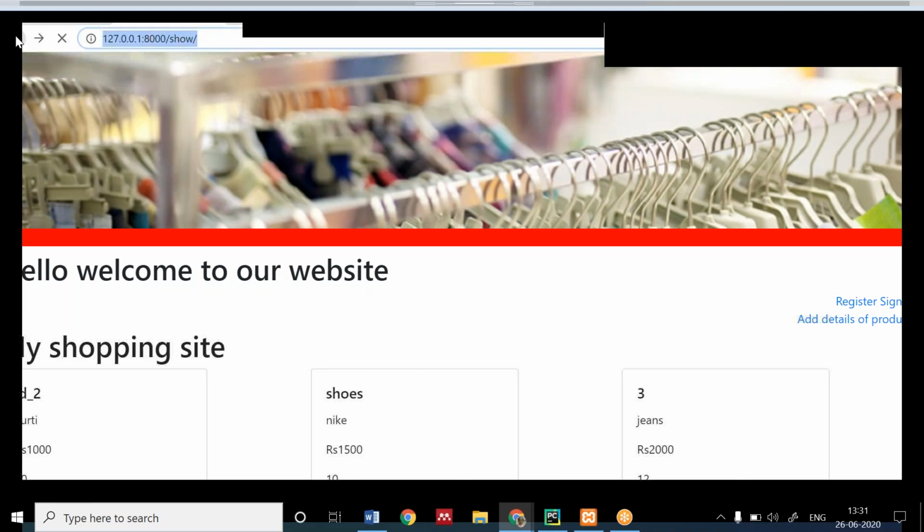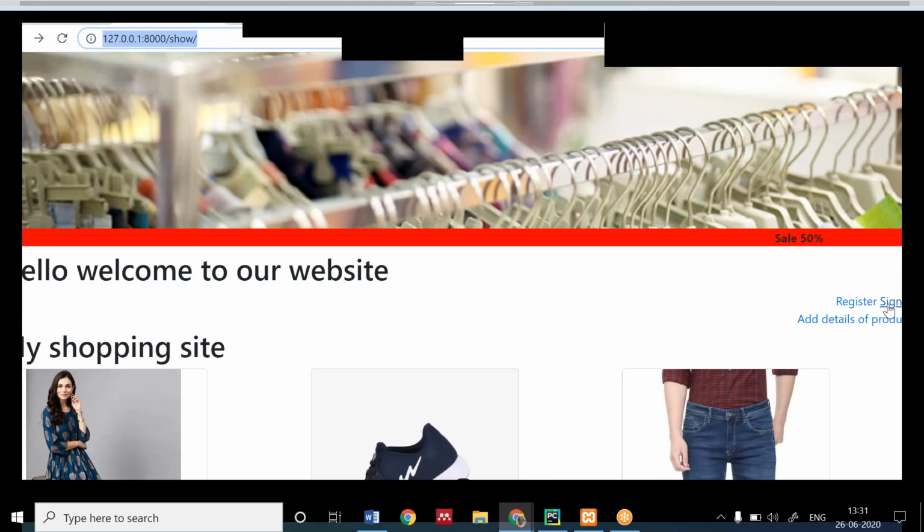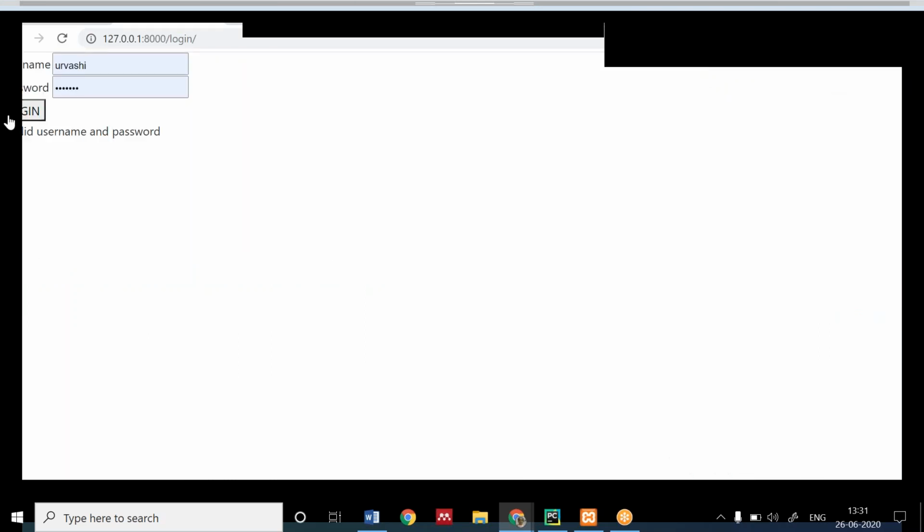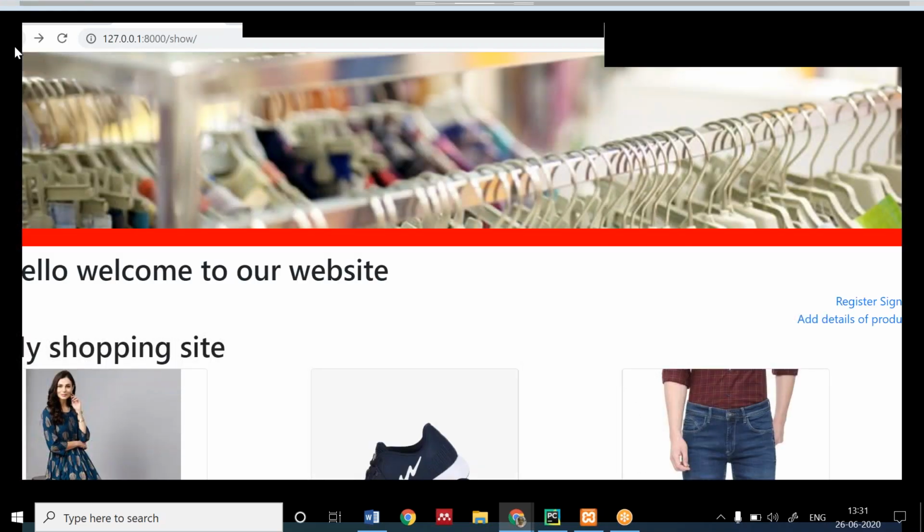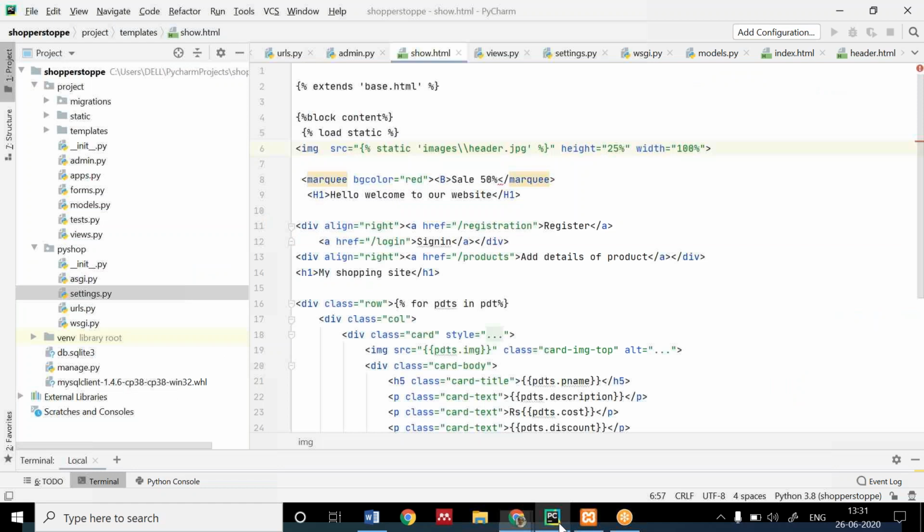So I want the registration form from your side. You will create a registration form, fill the data in the database, and give me the output. Come on, until and unless you do all this, you will not get into the habit of writing Django code.